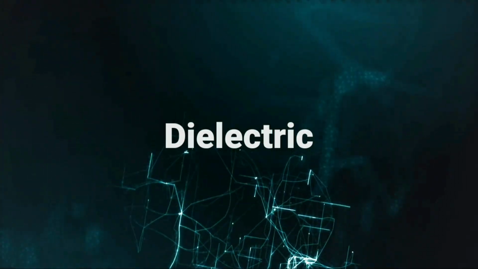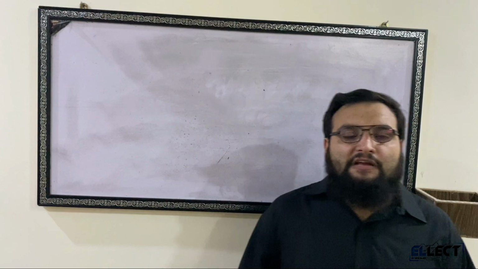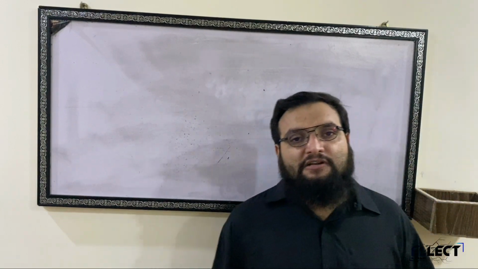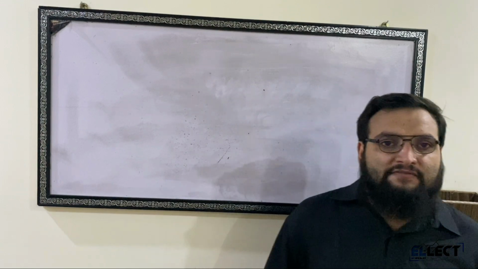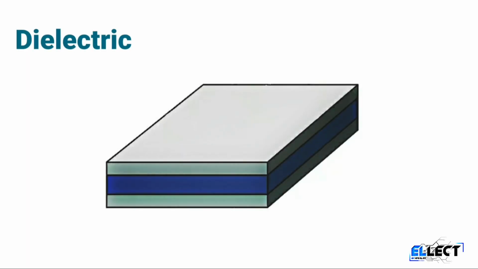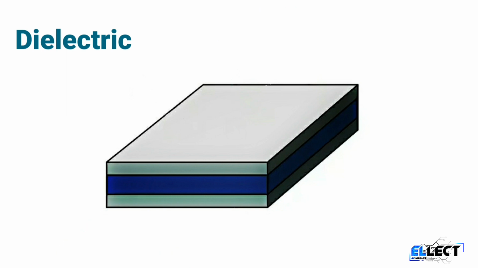What is dielectric? Di means two, electric means electrical properties. A dielectric is a material which has two electrical properties, that is conduction as well as insulation. It firstly works as an insulator, but if an excessive amount of voltage is passing through it, it will convert into